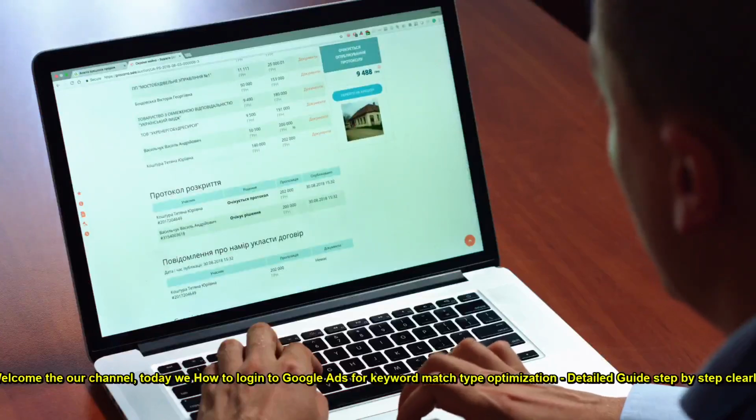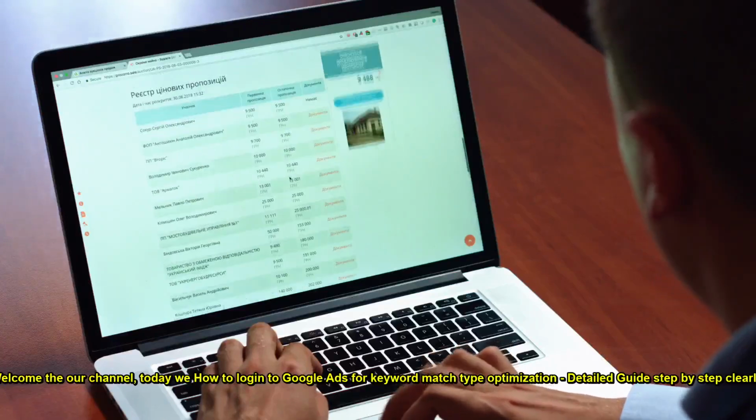Welcome to our channel. Today we show how to log into Google Ads for keyword match type optimization, a detailed guide step